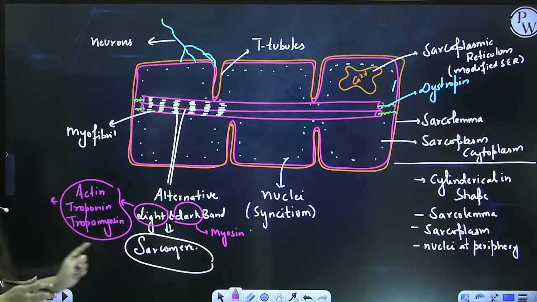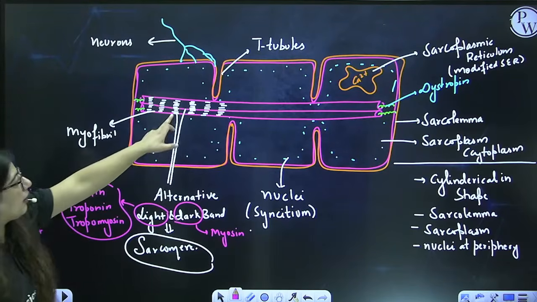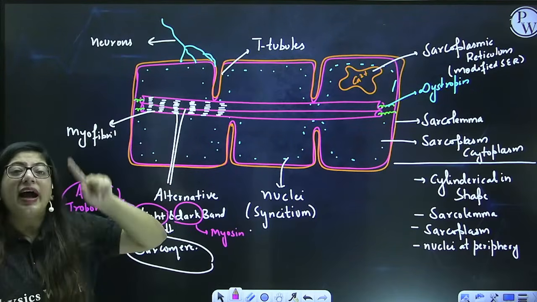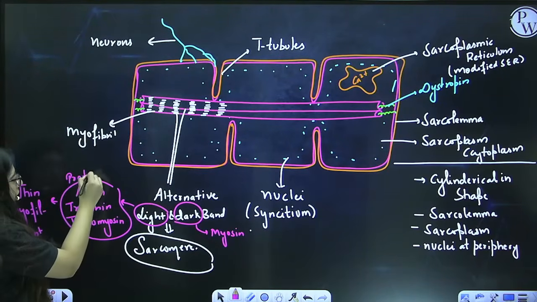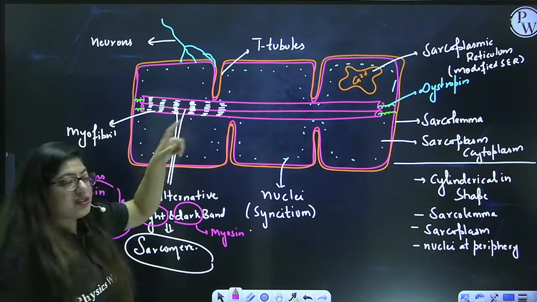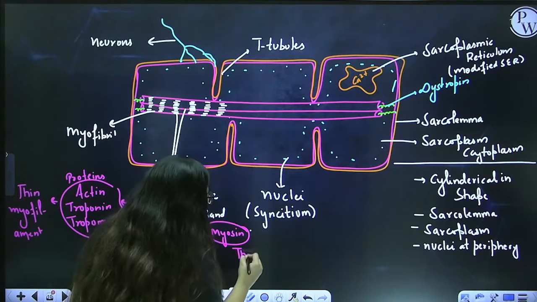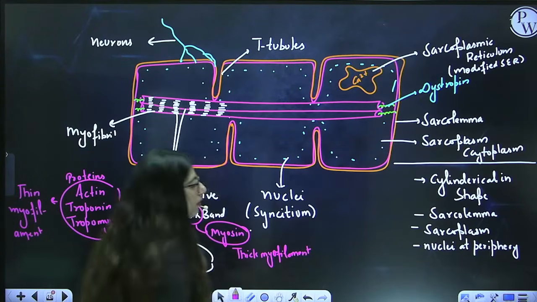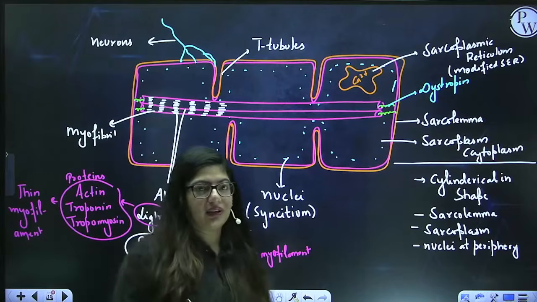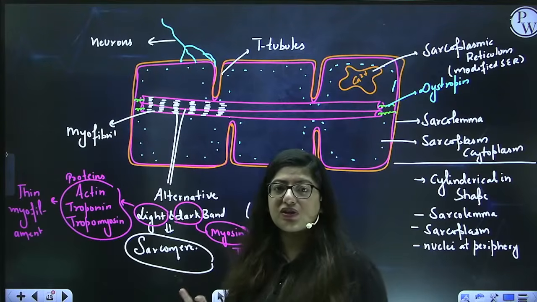So these together form thin myofilament. We say that the light band formed here is basically made up of thin filament. And what does thin filament have? These three proteins. Similarly, the dark bands are formed by myosin, and myosin is forming thick filament, thick myofilament. Thin and thick is just on the basis of how they appear. If in appearance they are thicker, that will be thick band. So these structures form the structure known as sarcomere.